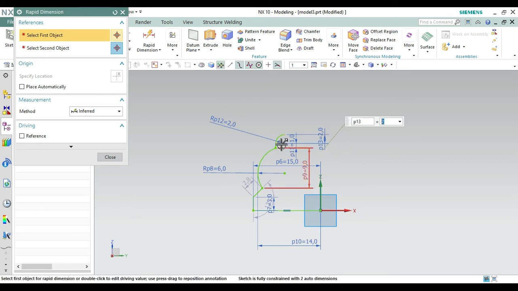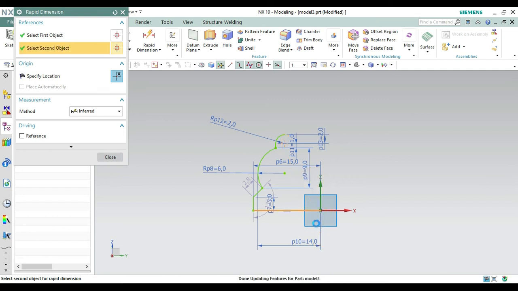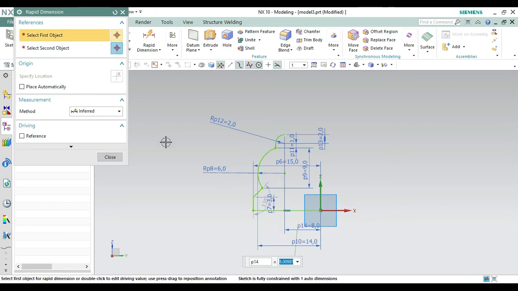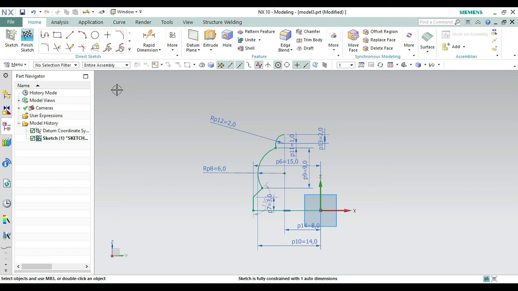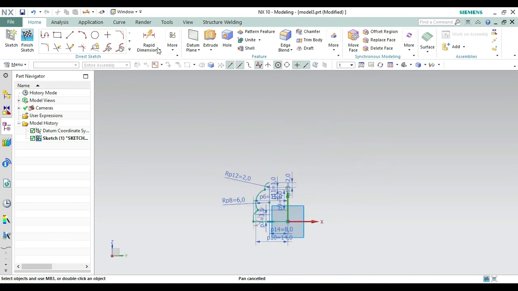Okay. Now again what we have to do is to create, first taking the endpoint of this and then taking the endpoint of this, this distance would be 8. Let's check it out. Is it 8 or not? Yeah, it is 8. So no need to change that. Let's cancel the command from here and again making it smaller, pan it. Okay, so from here going on the R command,